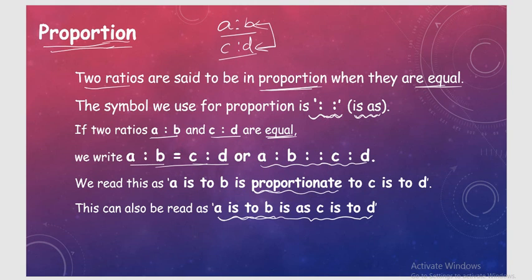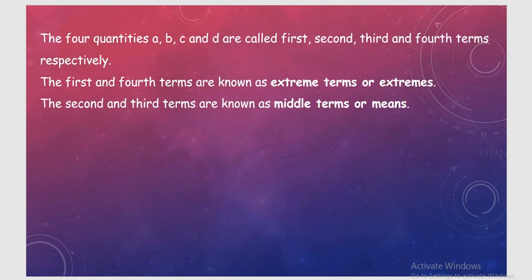So for compound ratio, we are multiplying all the antecedents and taking the product of all the consequents, and we write it as a simple ratio. Whereas here also the same thing is happening, but in a different way. So first we are going to see the representation. A is to B is as C is to D. Here both the ratios should be equal, whereas for compound ratio there is no such case, right?